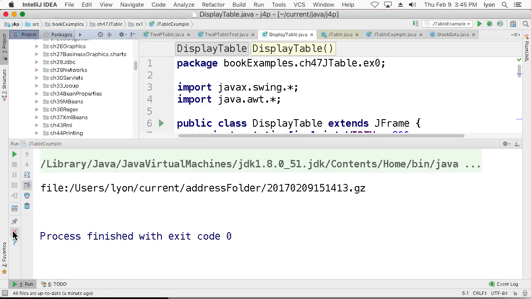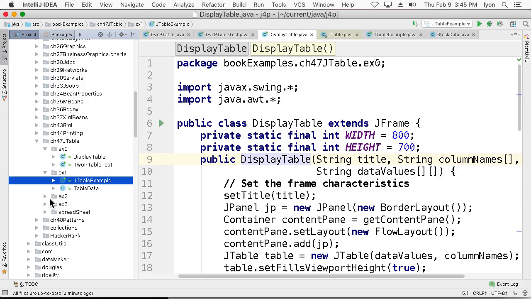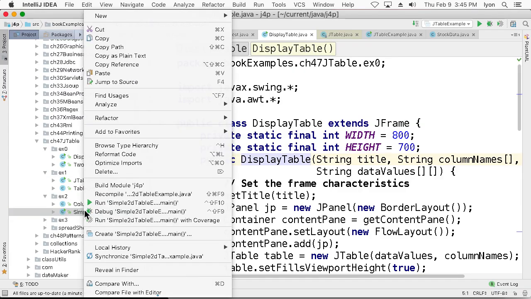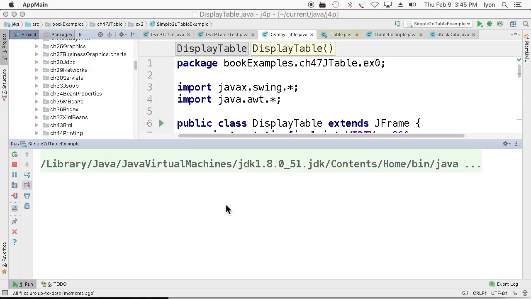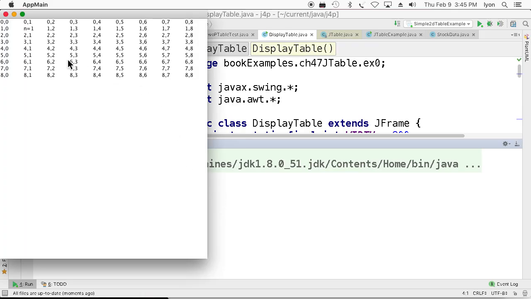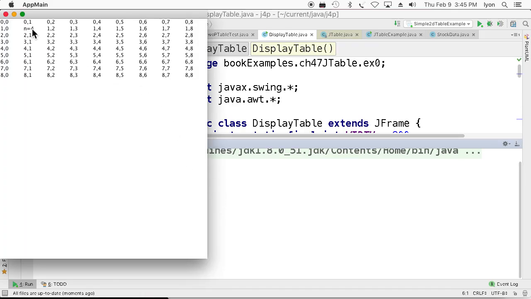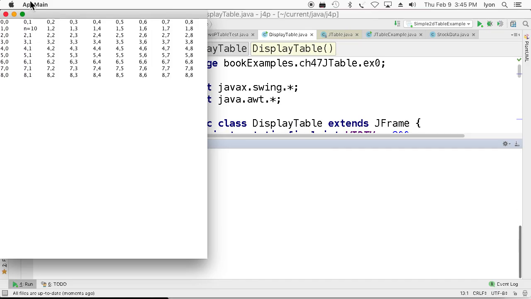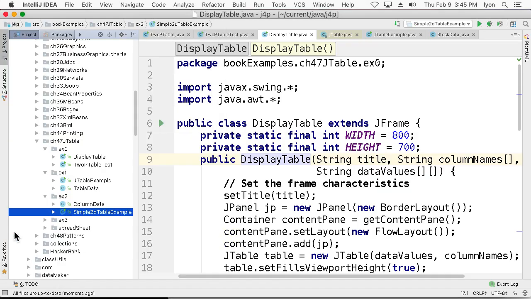Let's try another example. In this one, what we'll do is we'll try a simple 2D table. Let's see how that works out. There it is. And now that has a thread that's changing the value in one of the cells. So to see how that works, as we want dynamically updated data inside of a table,